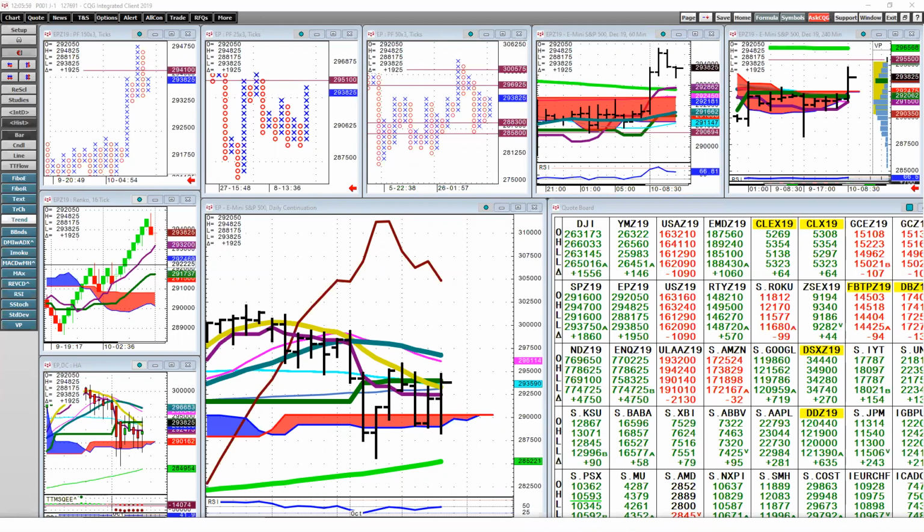So, this is the stuff that you've got to put together in your head all the time. Make it part of your daily routine to know where, and that's why I've got my pattern recognition stuff up. I want to know where the daily, the weekly, the monthly, the quarterly stops are, both ways. And that helps me